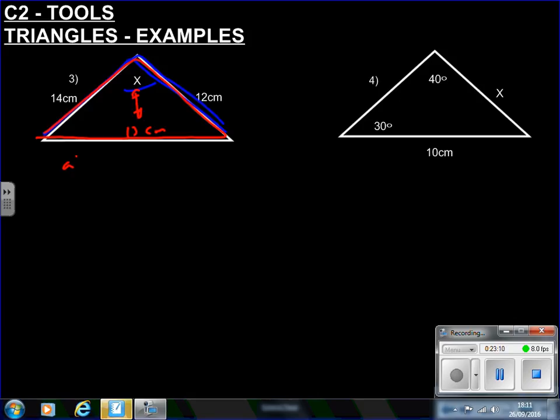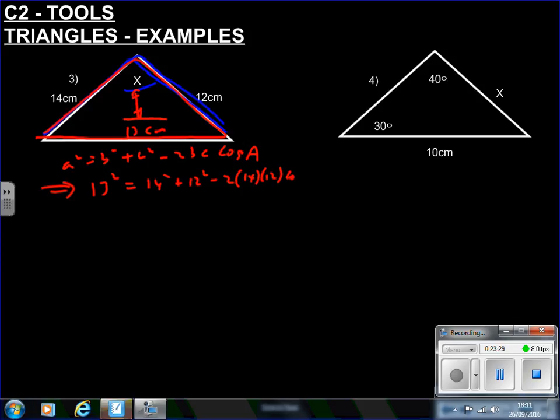So as you know, a squared equals b squared plus c squared minus 2bc cos a. So therefore, 13 squared, the side opposite the angle you're looking for, is going to be 14 squared plus 12 squared minus 2 lots of 14 times 12 cos x. So now you need to rearrange to get cos x equals. So bring everything over to the left, and that gives you minus 2 times 14 times 12 cos x. But to get cos x by itself, we need to divide by minus 2